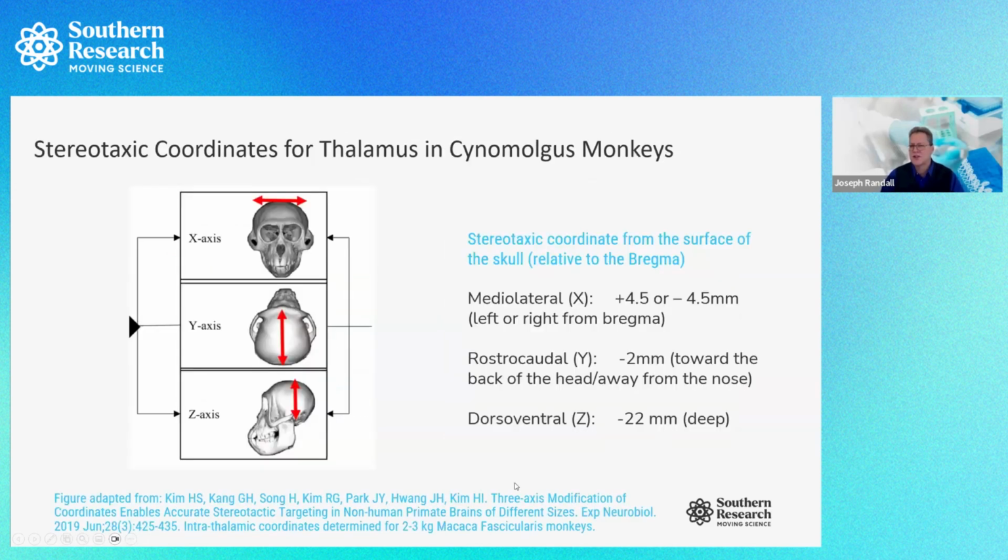However, it was challenging to determine the coordinates for the thalamus. So based on this publication here, you can see the coordinates that we found for the thalamus. The x-axis is the medial-lateral, which is on either side of the middle part of the skull, left or right. And the y-axis is rostrocaudal, towards the nose or towards the back of the head. And the dorsoventral z-axis is the depth that the needle has to go to reach the target area. And so we looked up several stereotaxic atlases of rhesus monkeys, and we tried those coordinates in cynomolgus monkeys, and